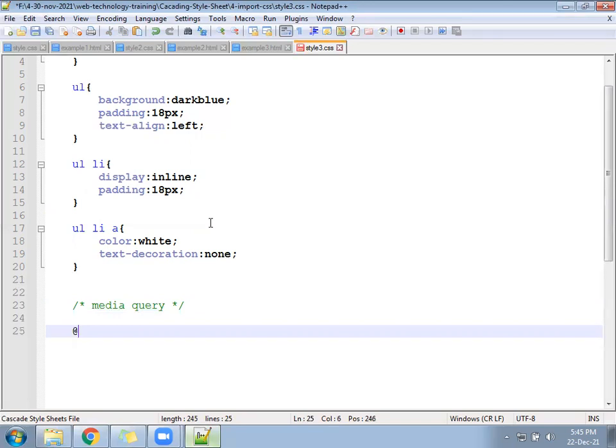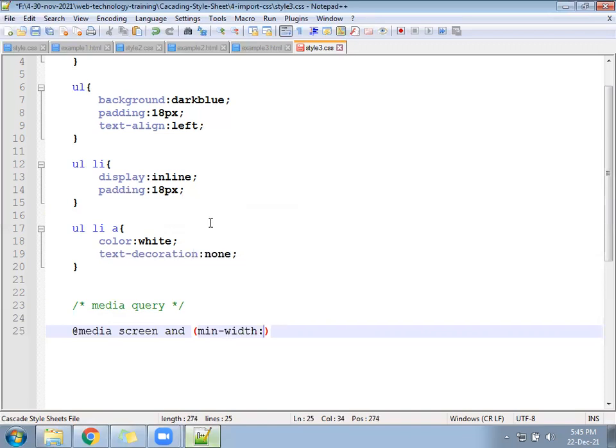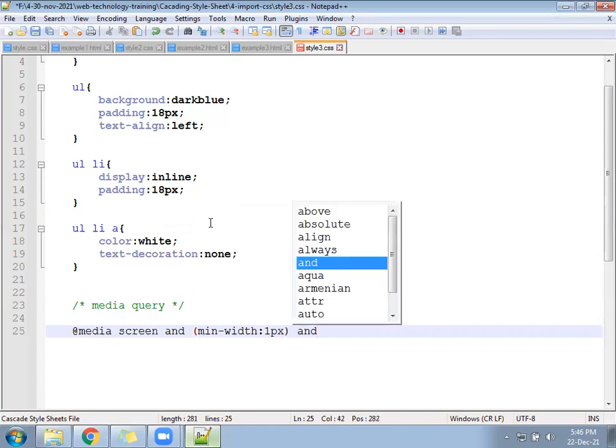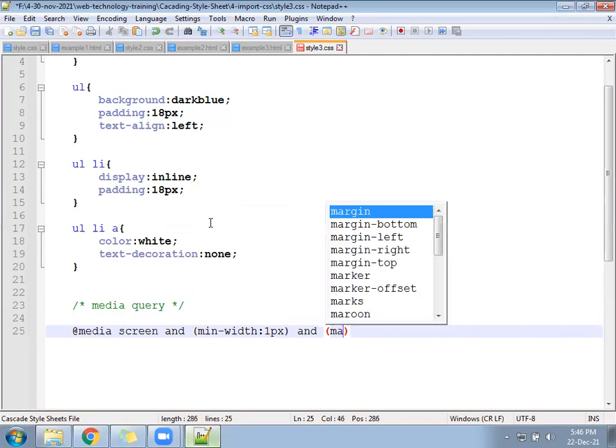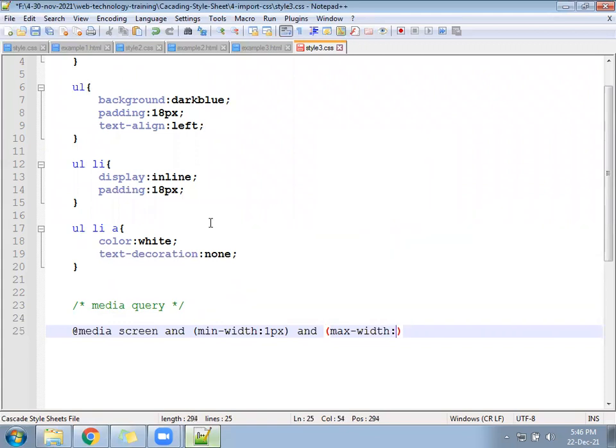At the rate media screen and minimum width 1 pixel and maximum width 800 pixel.